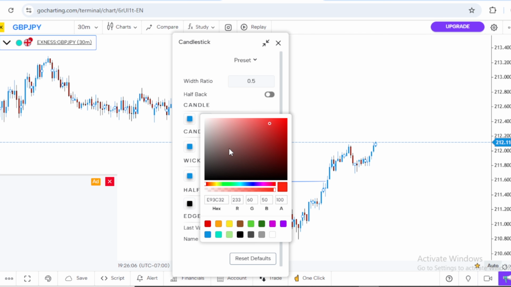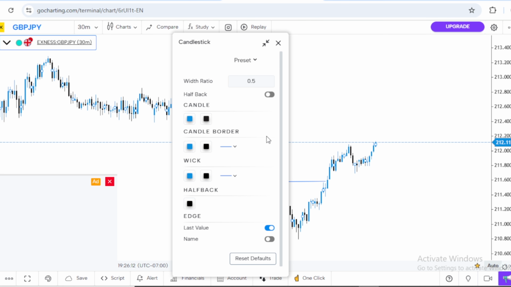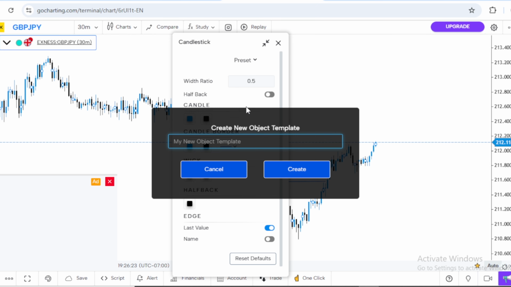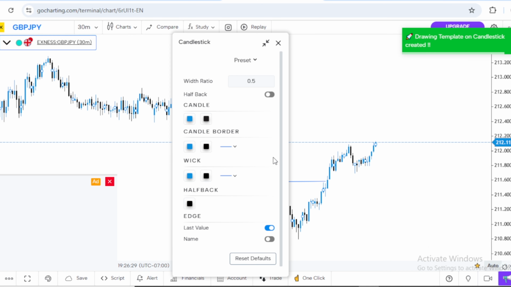The first one is your buy. The second is your sell. You can see right now, do not reset default. Once you reset default, it's going to go back to the normal black and the normal red and green. So save as. You can come here and save it. So whenever you come, even if you see it go back to default, you can reset it. So you have saved your preset now, and this is how your candle looks right now.